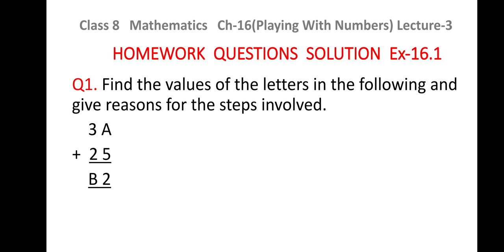Dear children, while solving these types of questions, you need to keep the rules in your mind. And the easiest way to solve these questions is you can take the case of the unit column. Here, what is the unit column? A plus 5 should give you 2. What should I take in place of A so that if I add that digit to 5, the sum should be 2? Or obviously, we need to take here the sum as 12 and 1 will be carried forward to 3. So let us see now.